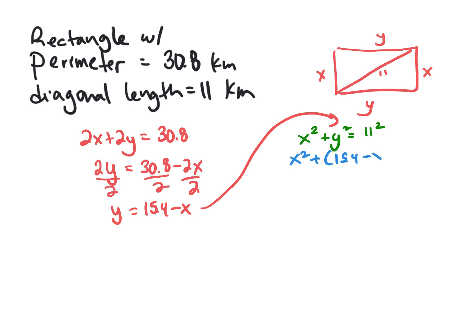So we'll have to FOIL it, multiplying it by itself. You can just write it twice and FOIL it, or however you want to do it. So this is going to be x squared, 15.4 times 15.4